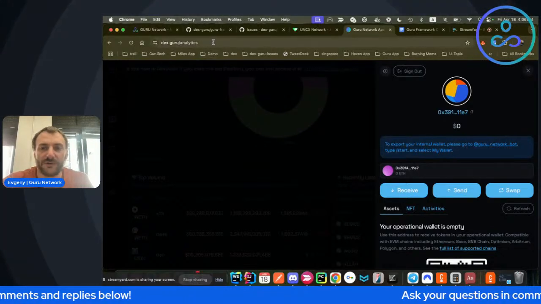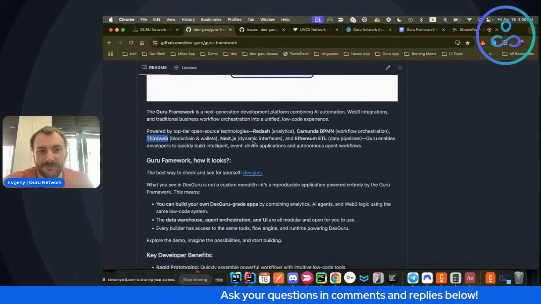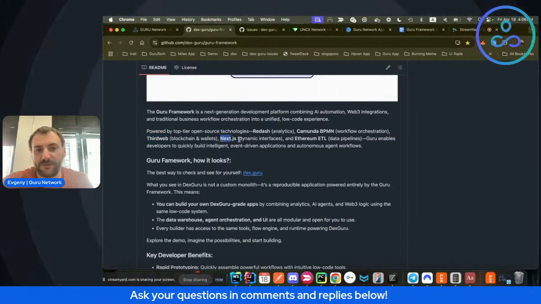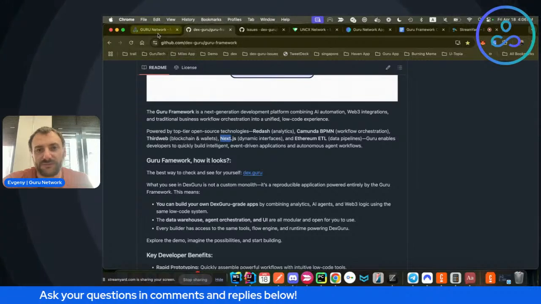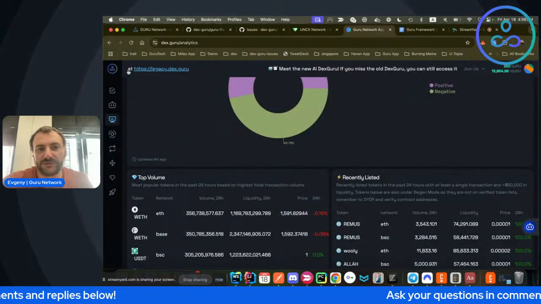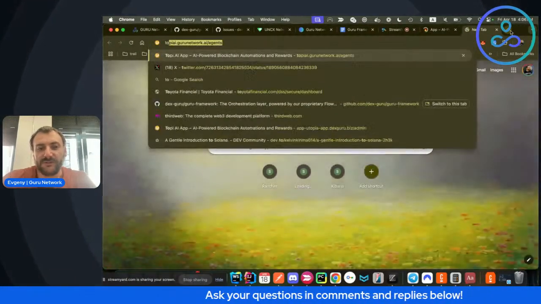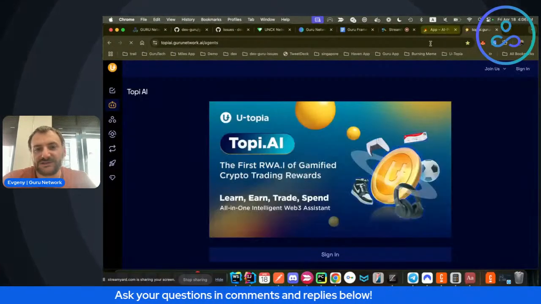And we also have our front end, which I believe you are all aware of, which is reused across DexGuru, Burning Meme, the Utopia app, and so on and so forth.